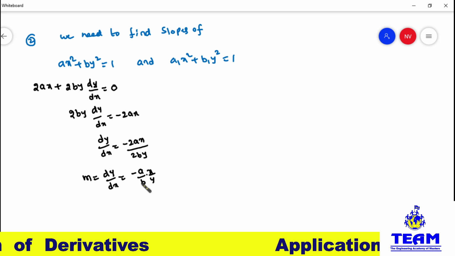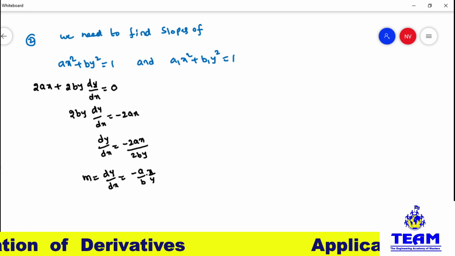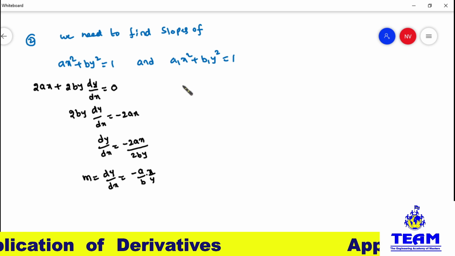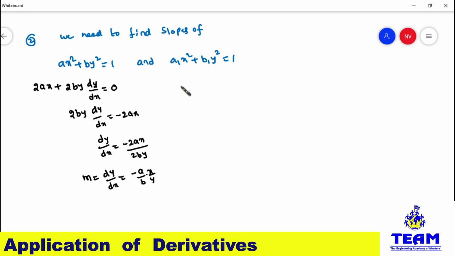I am separating the variables and the arbitrary constant. Of course you can write minus ax by by, it's not an issue. Now solve for the second curve slope. Differentiate this equation with respect to x. Then you will have